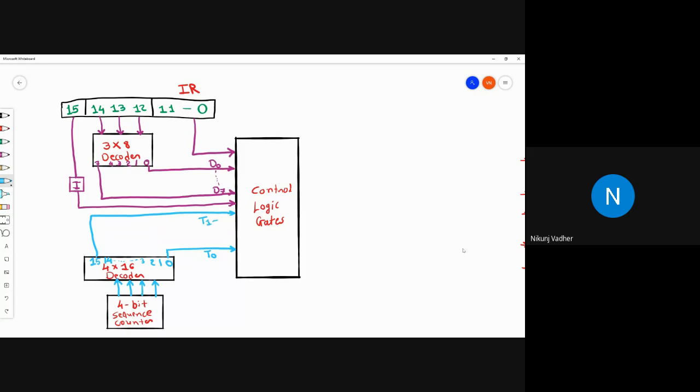T0 to T15, we will have 15 timing signals. And inputs to this will be increment, clear, and clock. A few additional inputs will also be there. There will be the control output.